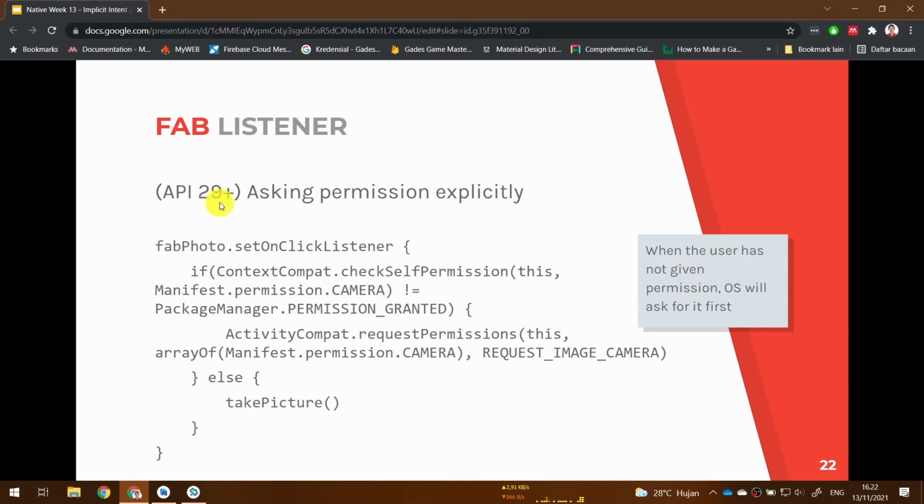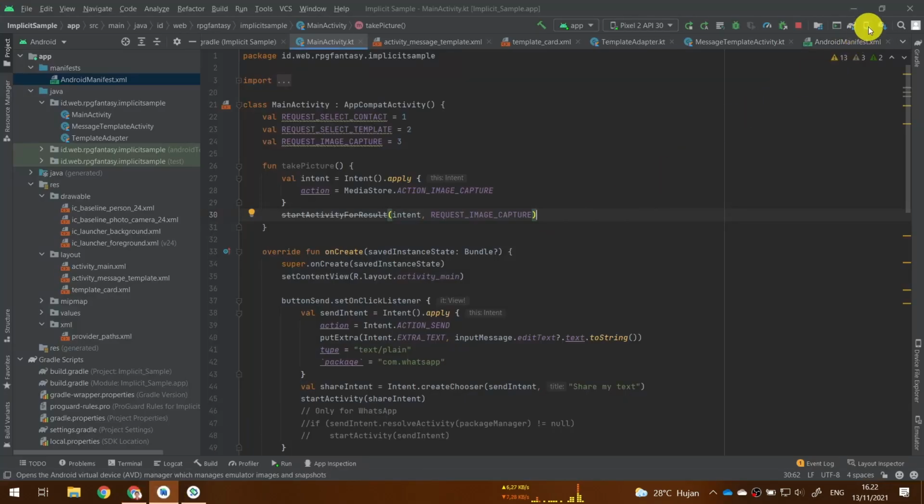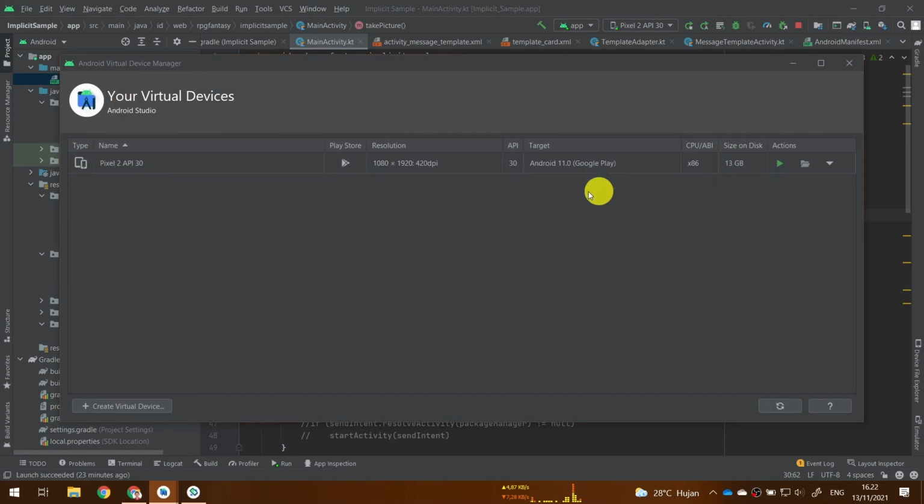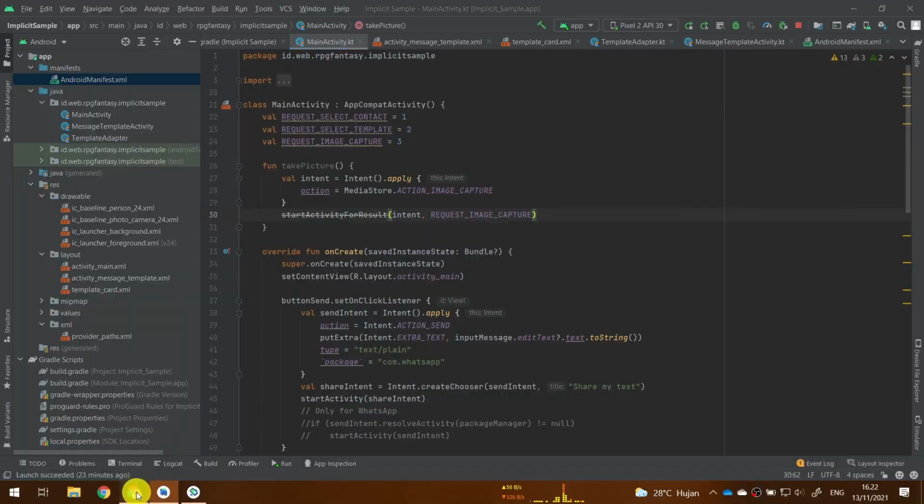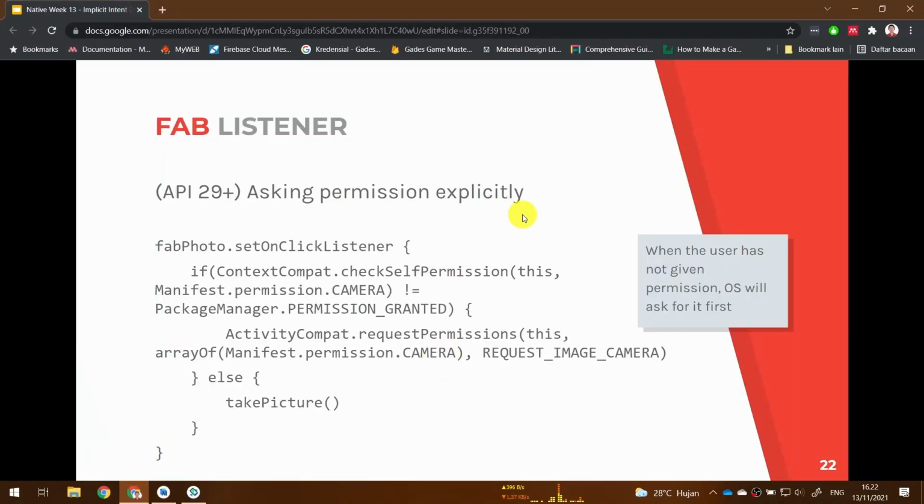Now, only for API 29 and beyond, because my AVD is Android API 30, I must do this. For everyone whose device is Android API 29 or more, we must first ask for the permission explicitly.